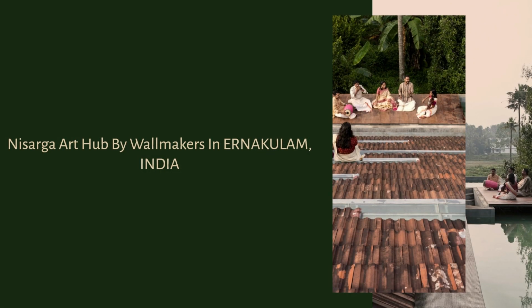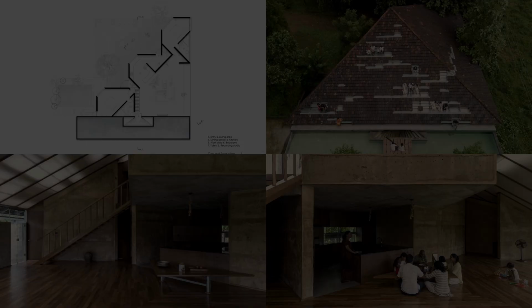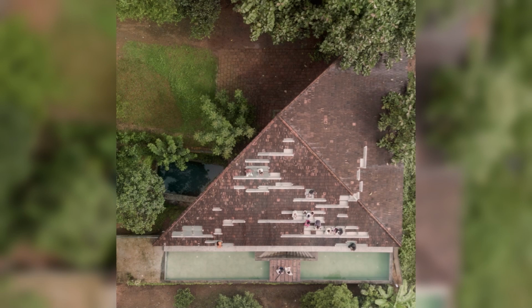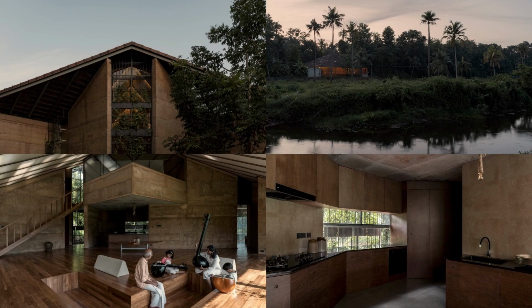The separate entry to the hub, ensuring that activities can happen parallelly above undisturbed, opens into a large living space overlooking the field. The interior spaces are conceived as open, flexible spaces where the occupants mostly use the wooden floors for interacting with visitors and dining, as was the preference of the clients who advocated the benefits of the Padmasana